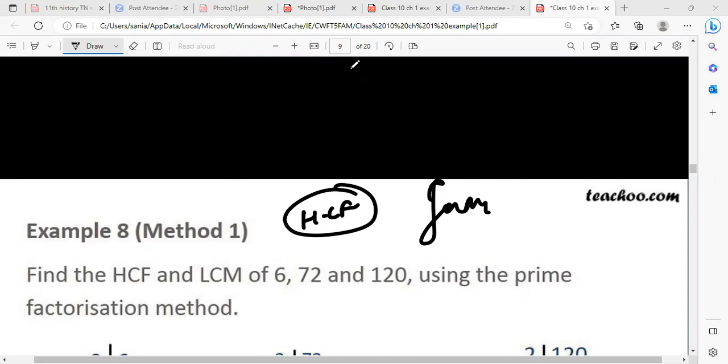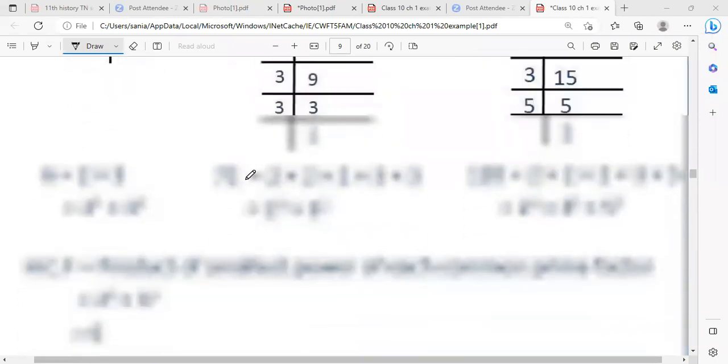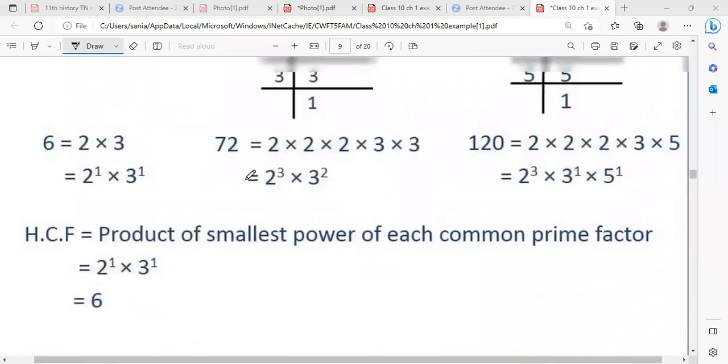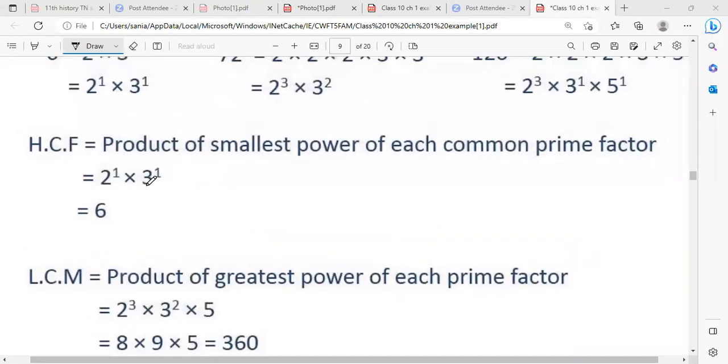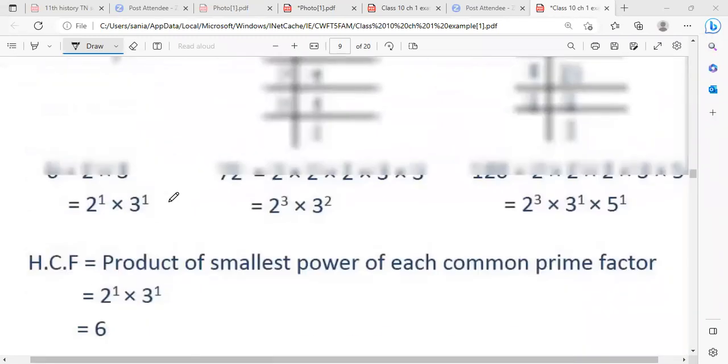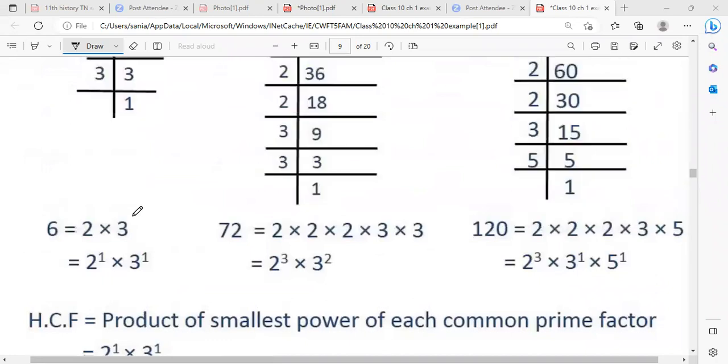Is it 144? Okay. What was the HCF? HCF is 144 and LCM is 360. HCF is not 144. How can HCF be 144? The only mistake which